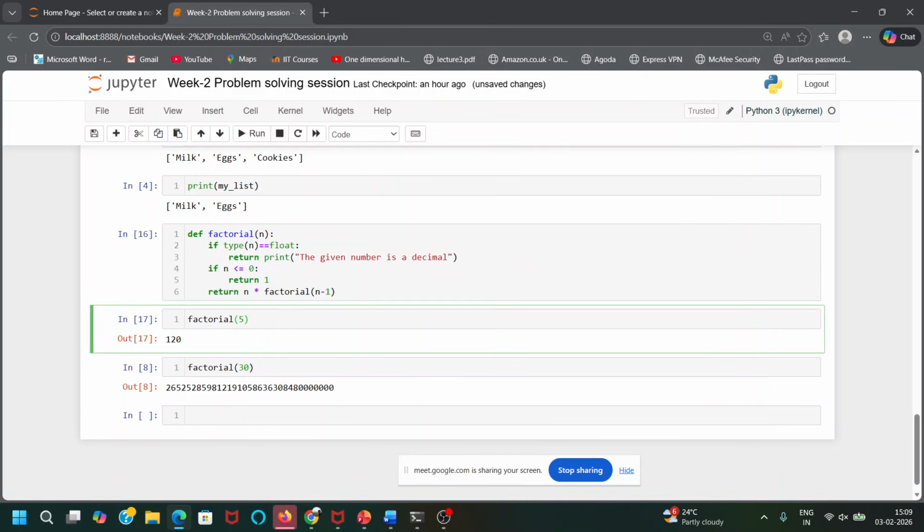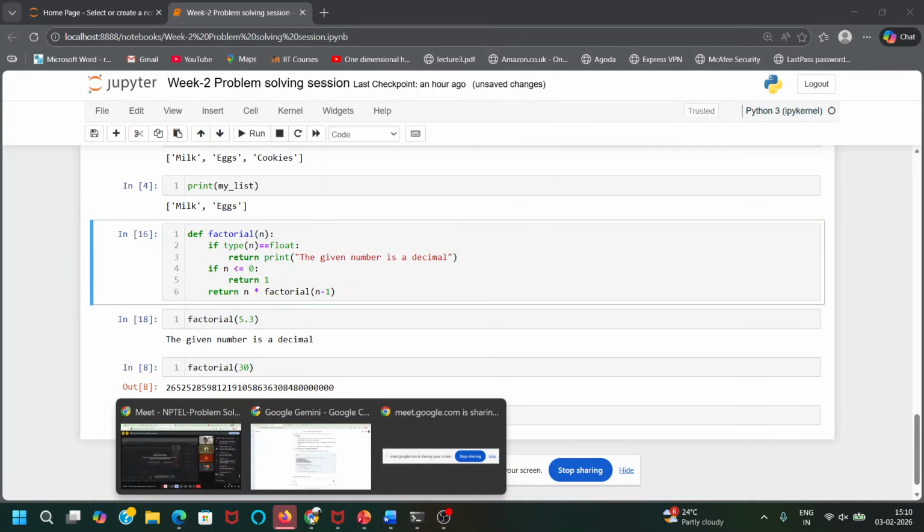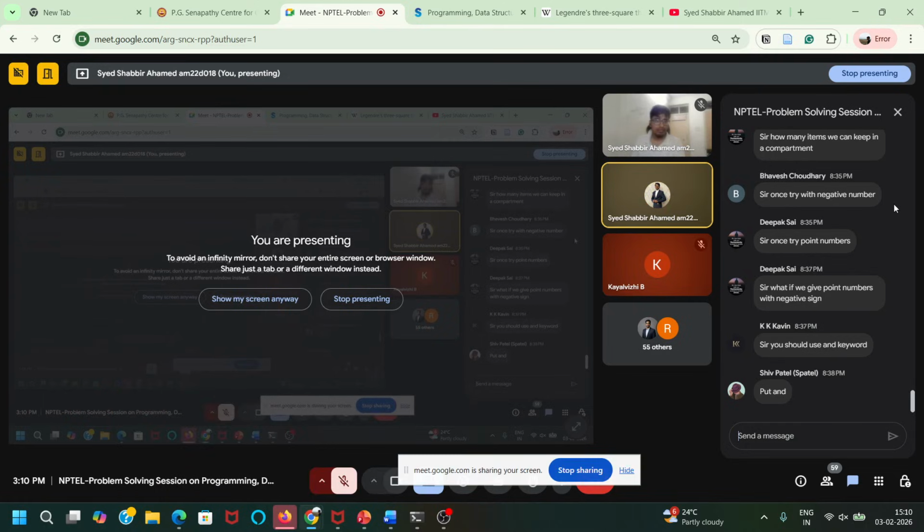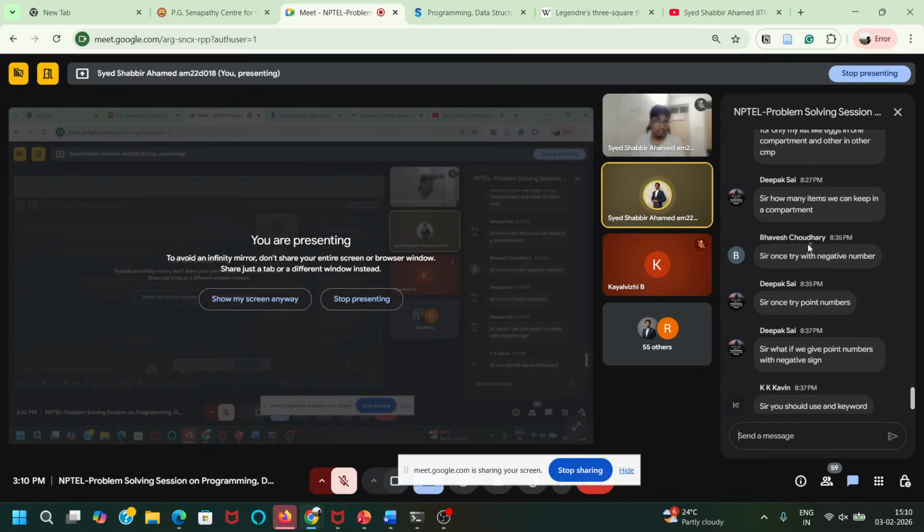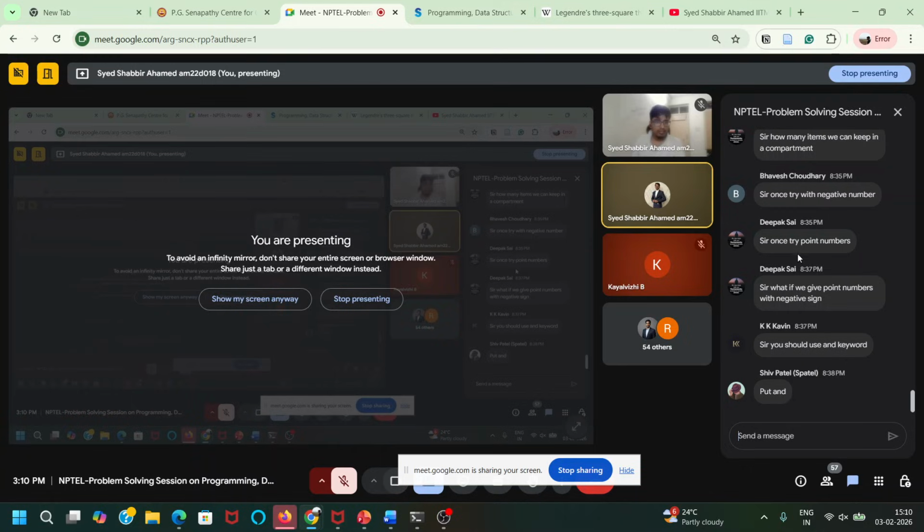So if I give 5.5, it will give the correct answer: the given number is a decimal. So you can write some extra condition. Somebody picked it very nicely, Deepak Sai, very good.